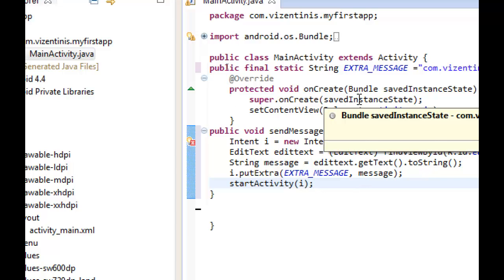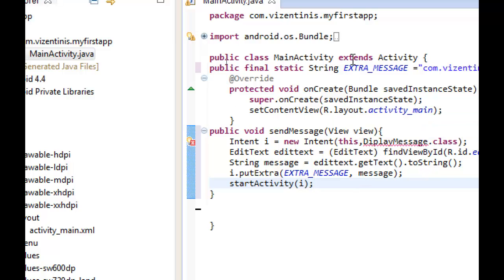So that's it for this lesson. In the next one we will continue to create the second activity and add the title string, add the file to the manifest, receive the intent, and display the message in the new